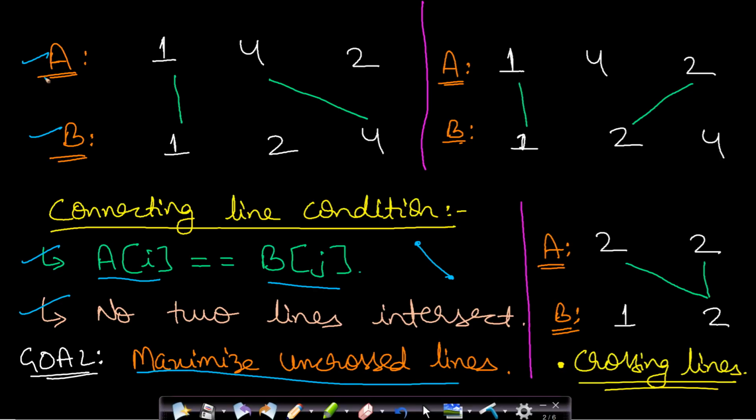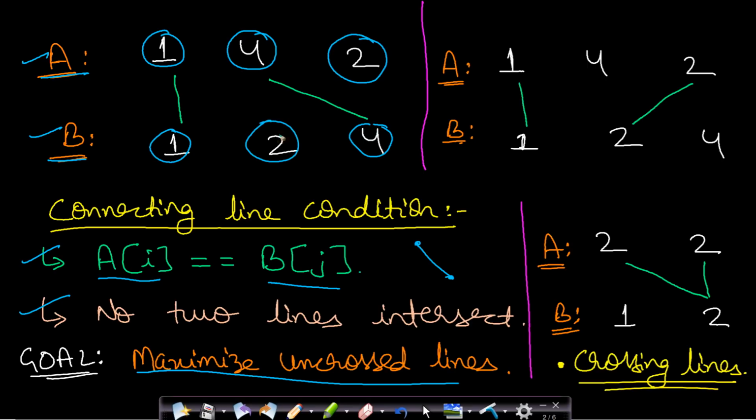Now in this case you can see that list A has 3 elements and list B has 3 elements. So I can draw a line from this one in list A to this one in list B, because they have the same values and they are not crossing any other line. We can also draw a line from this 4 to this 4, because they have the same values and they are not crossing any other line. But we cannot draw a line from this 2 to this 2, even though these two values are the same, because if we draw a line then it will intersect. So this condition must be preserved as well, so we cannot draw this.